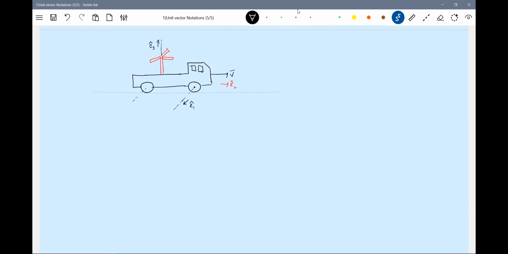Any random direction, you can bring the unit vector. There's no rule that it should be in this way or that way, it's left to you. Whichever direction you want to define, bring its unit vector and express that quantity, like the velocity of the truck. We can write v bar equal to v E2 cap. This will be more meaningful. Then what is the angular velocity of the wheel? Omega bar is equal to omega into minus E1 cap. It's directed into the plane.